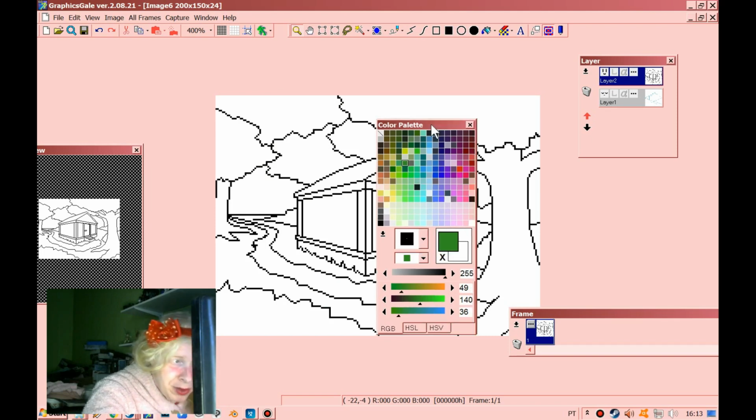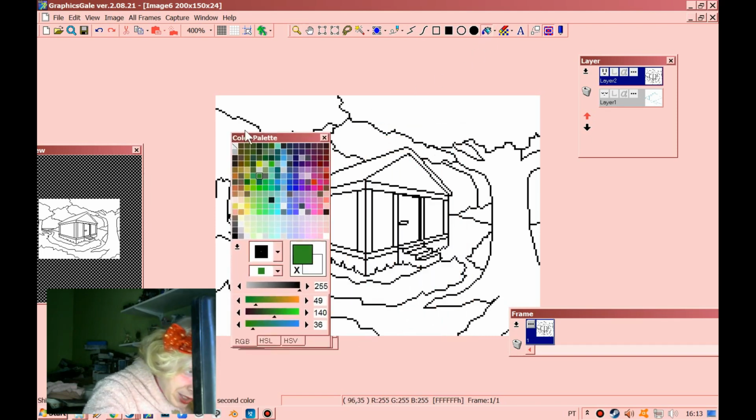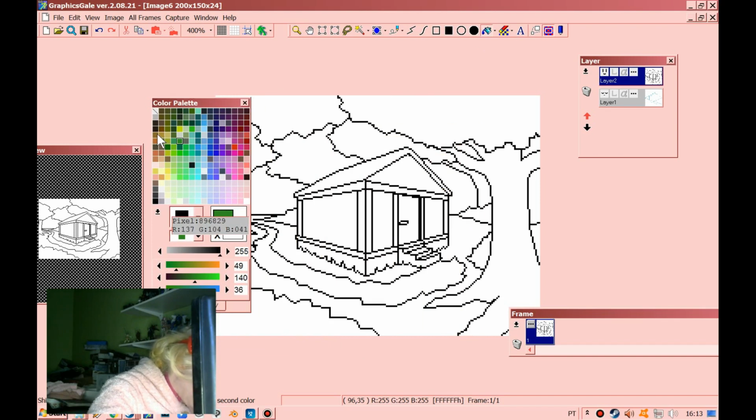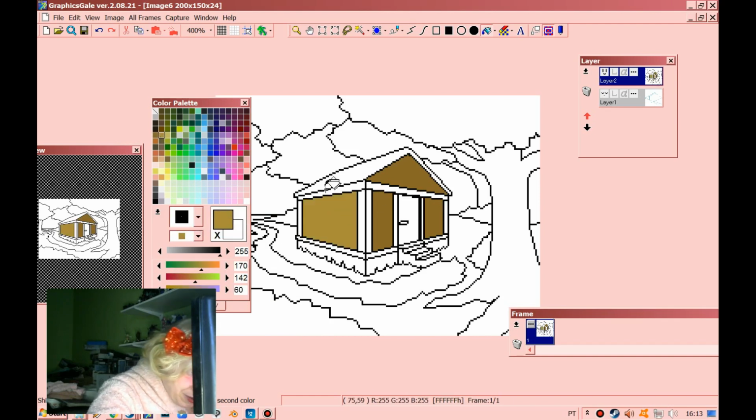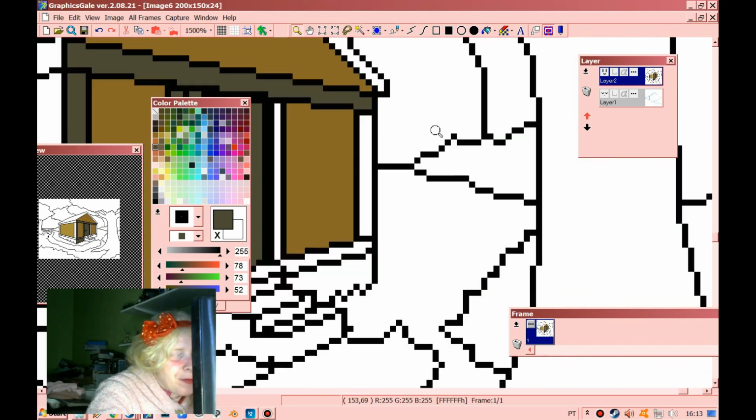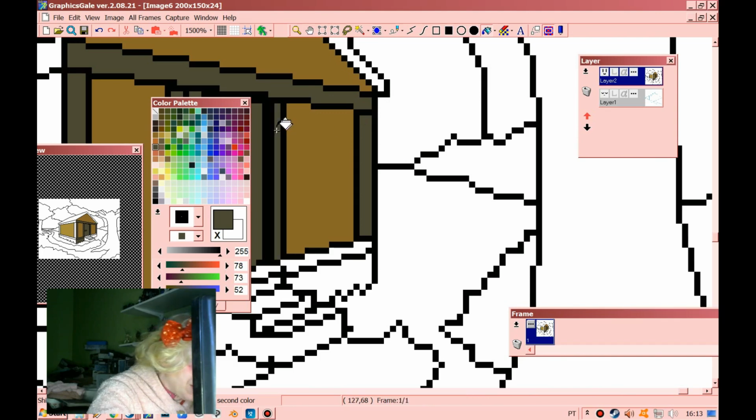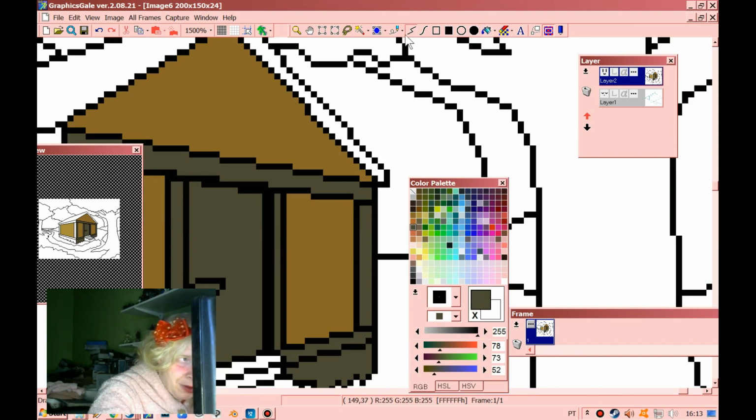So the first thing we will do is to color everything, to do some block or separation. Here we will use this color for the house. This is a lighter color for the house. For the brown we will have this darker brown. I will edit this later to better match. And our mission today is how we apply the shadows and colors